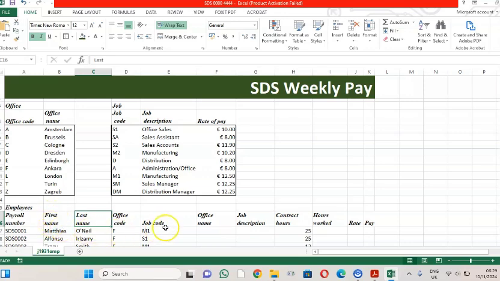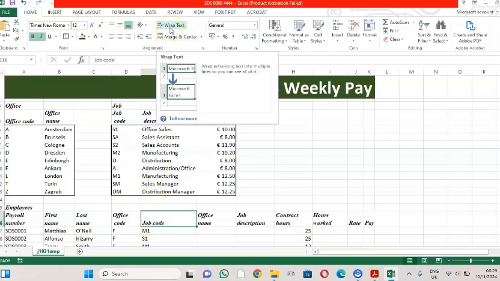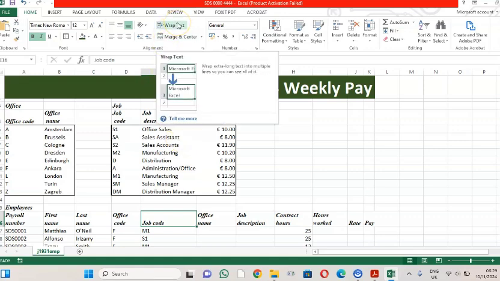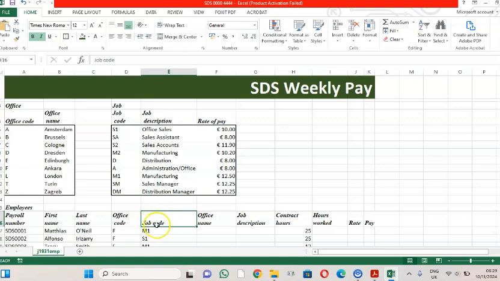name is at the bottom. So you can easily do that by clicking on this wrap text icon. But you use the wrap text if you don't want to reduce, if you want to reduce the size of the text of the cell, like the column size, then you can use the wrap text. But the other alternative, if you want to maintain the same size, you don't need to click on this wrap